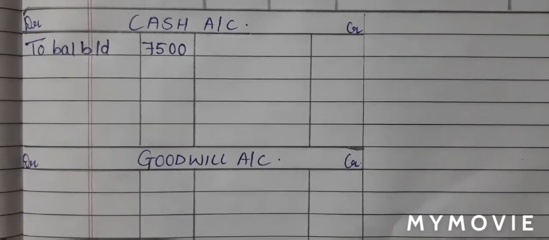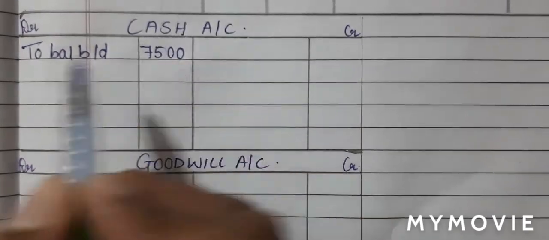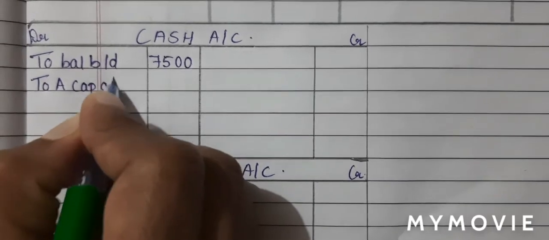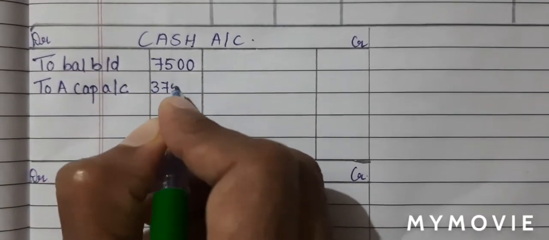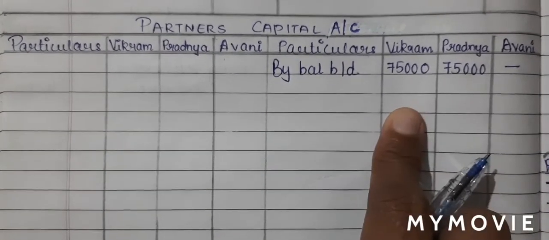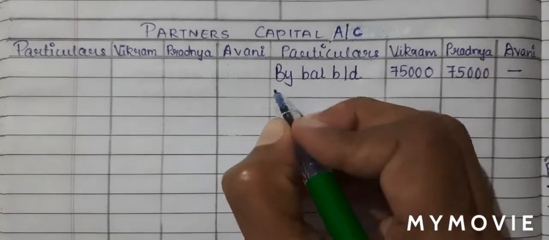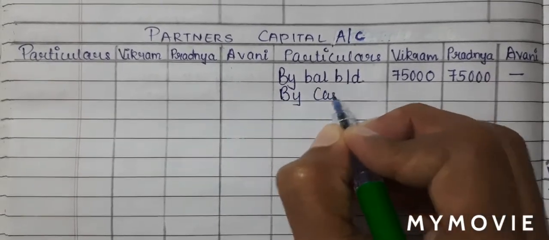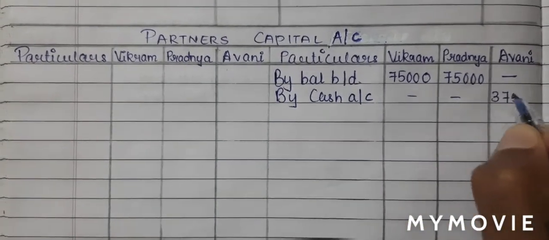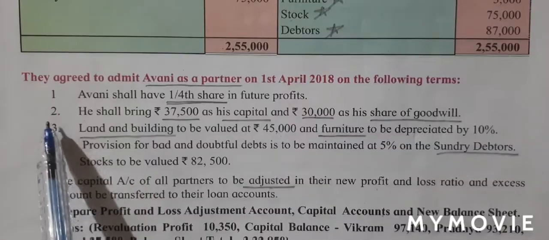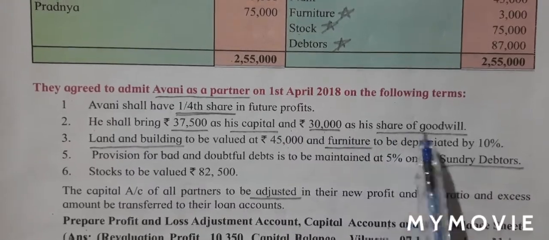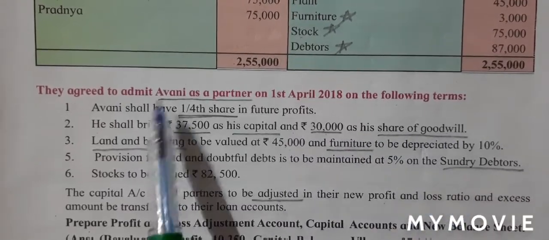Our entry was cash account debit. So cash account debit. I'll write to Avni capital account 37,500. Now Avni's capital account credit. So Avni on capital account on the credit side, I will write by cash account. In Avni's column, I'll write 37,500. We'll continue with our adjustment number 2 and 30,000 as his share of goodwill,